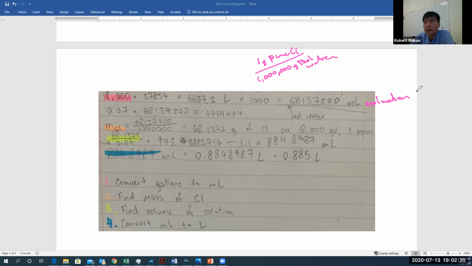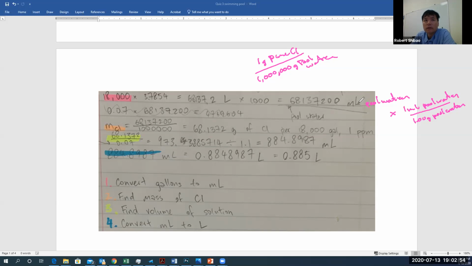You got lucky because the density of pool water is, for every 1 milliliter of pool water, there's 1.00 grams of pool water. So it's the same thing, 1 milliliter is 1 gram. However, let's say the density were 1.5, then if you didn't account for that, this is wrong. Okay, all right, so anyway,